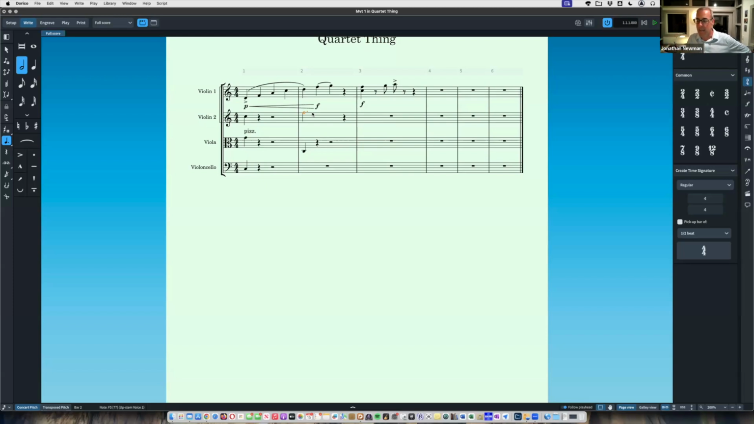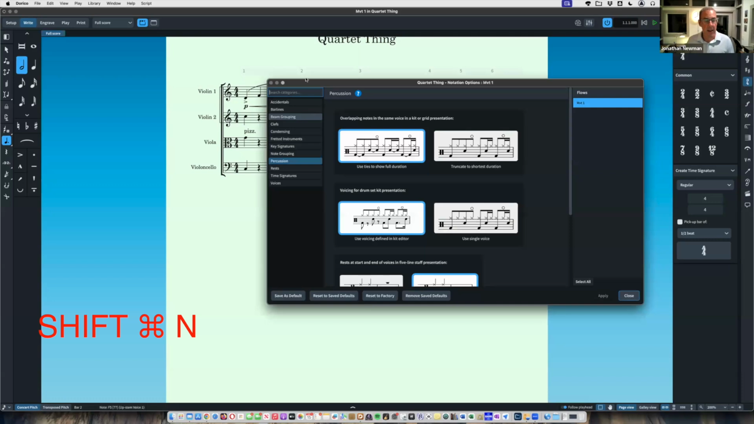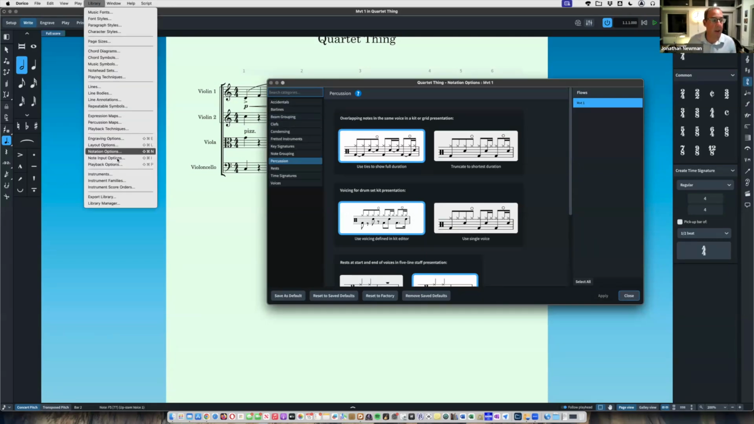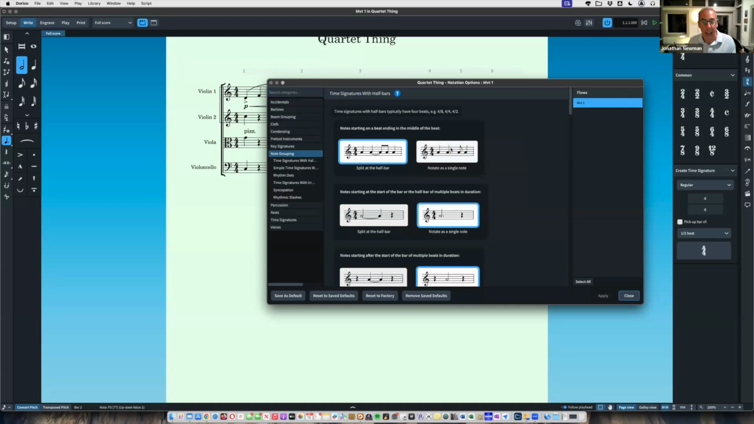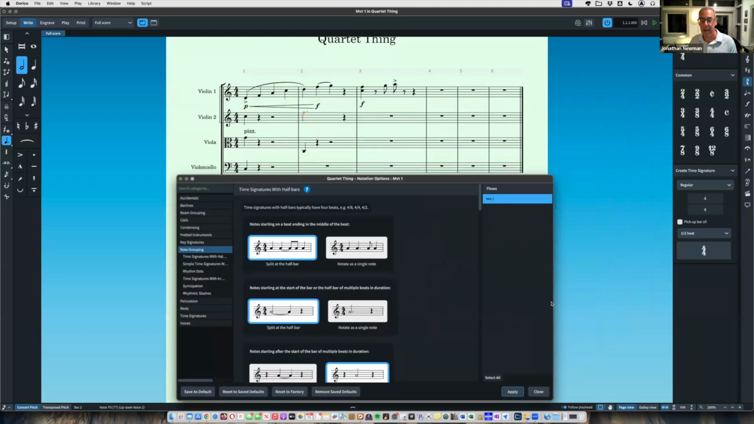I want all of my... I'll go here. I just hit notation options, which is in the library menu down here. I did Shift Command N. And somewhere in here is the note grouping. I can split it to half bar. Let's say I wanted to do that instead of that. As soon as I hit apply,